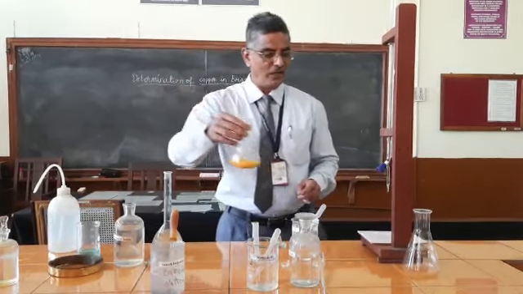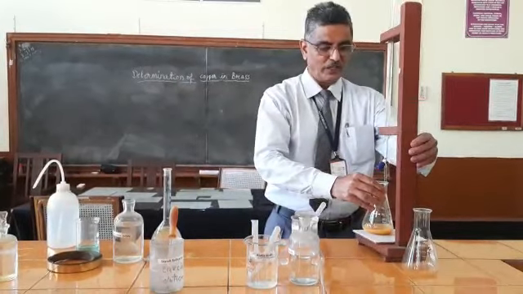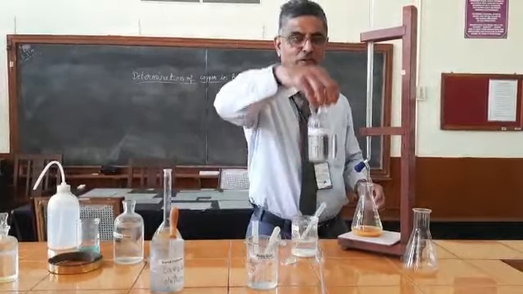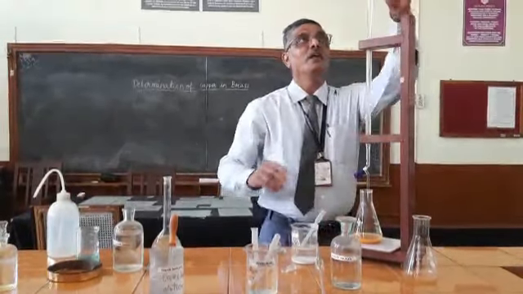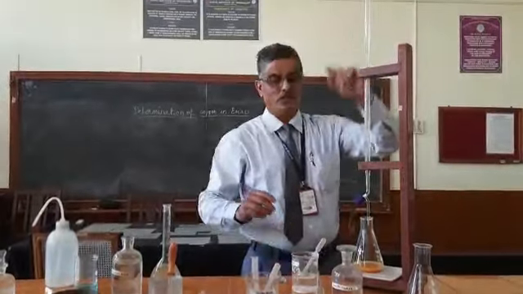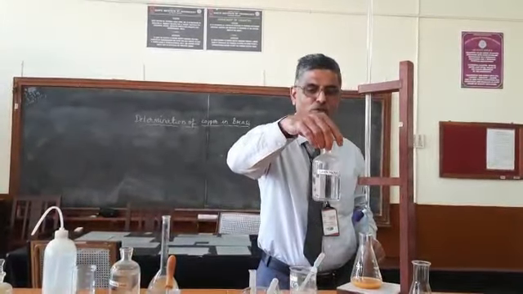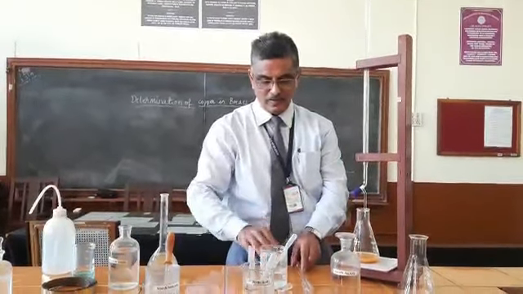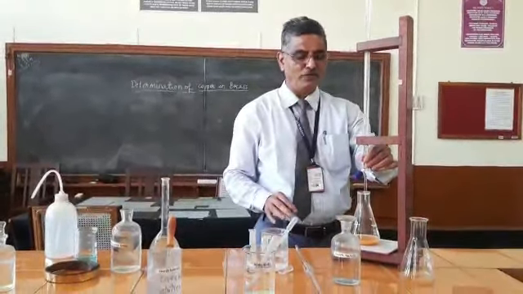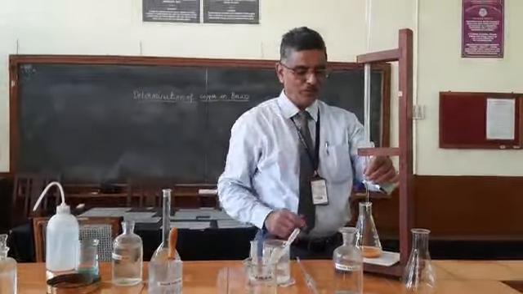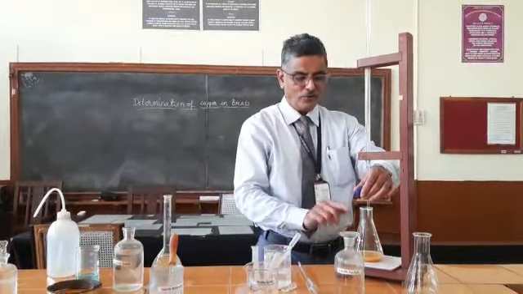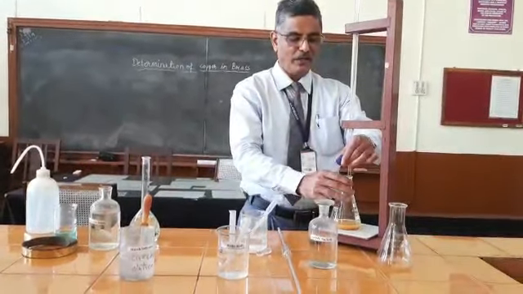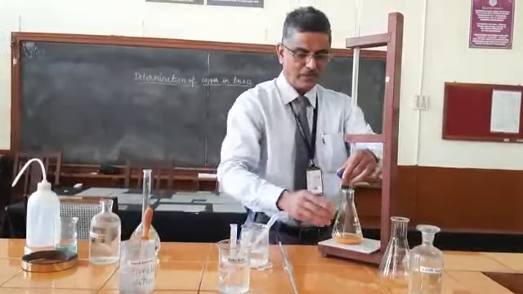Now titrate the solution against sodium thiosulfate, which is taken in the burette. See here, this is the sodium thiosulfate solution which you have filled in the burette, and the normality of the sodium thiosulfate solution is 0.025. Before addition of KI, you have to see that the sodium thiosulfate solution is ready for analysis when it is filled in the burette. Now once you add KI, you get a reddish brown colored solution because of formation of cuprous iodide and liberation of iodine. Titrate that against sodium thiosulfate.